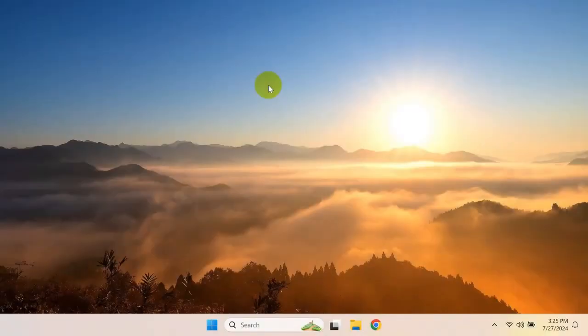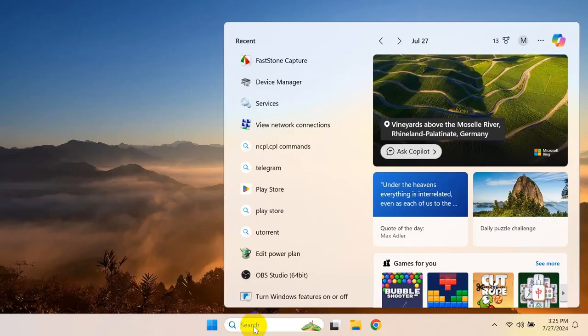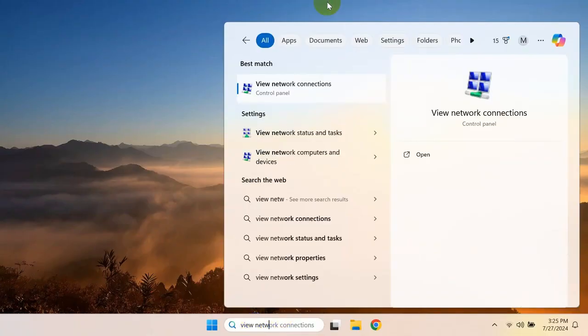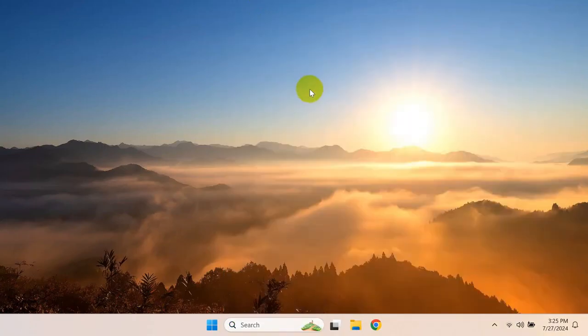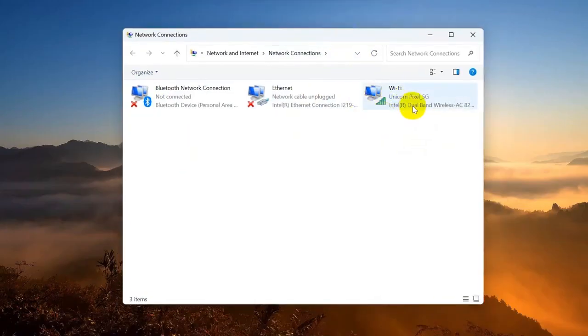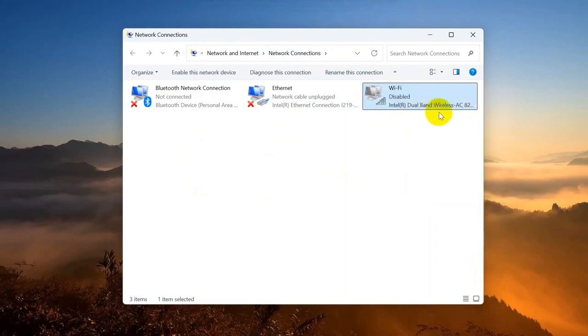Now we will go for checking network adapters. Very simple, just come over to your search icon and search for view network connections. You can see it's in the control panel. If you click on that, this kind of window will pop up and you can see here is our Wi-Fi. If it is disabled on your PC like mine, you just need to come over here and click your right mouse button, and you can see the enable option showing over